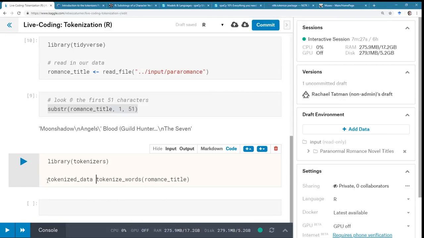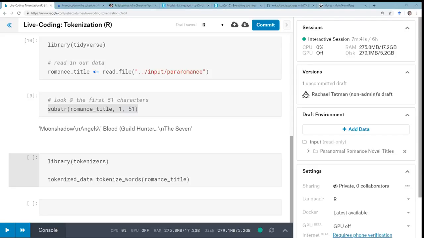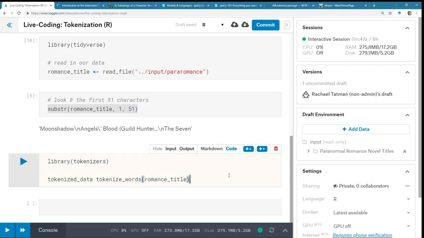Tokenized data. Oh, sorry. Ezra says, I can barely hear you. You're like a tiny, tiny mouse. You're so quiet. Let me adjust the volume. Thank you for letting me know. I'm also doing that thing where I'm just sort of wandering off with my voice as I'm typing. Is that better? Let me know. I know you're a little bit behind me.